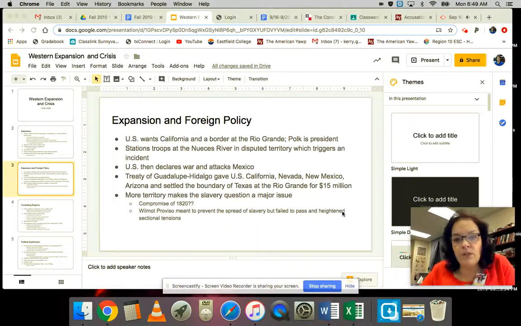Except that Polk decides, after Mexico has refused to sell him what he wants, to station troops right there along the Nueces. And guess what? There's an incident, right? The gun goes off, somebody gets shot, the Mexicans attack the American soldiers, and then Polk runs around and says, oh my goodness, they attacked us. We have to do something. We cannot let this stand. And so next thing you know, you've got the U.S. declaring war on Mexico.